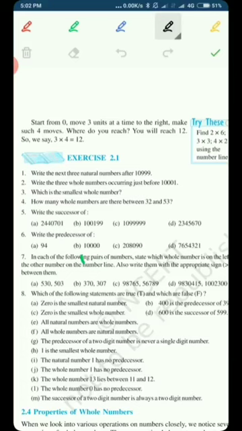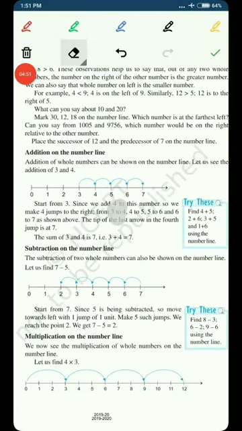This is the third video, and once again, myself Vinita, your maths teacher, is with you to teach you mathematics class 6th. And as you know, we have shared two videos before this one, and in those videos, we have learned the basics of chapter 2, Whole Numbers. In part 1, we learned about the predecessor, successor, and the number line, and in part 2, we learned about addition. So now we have learned how to do addition on the number line, and how to do subtraction on the number line.